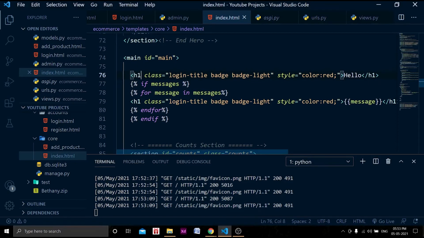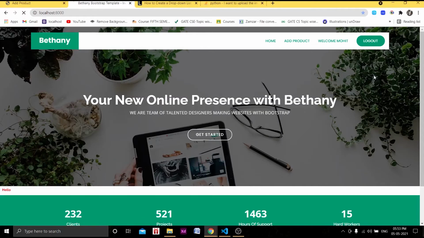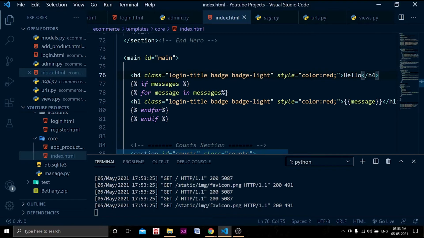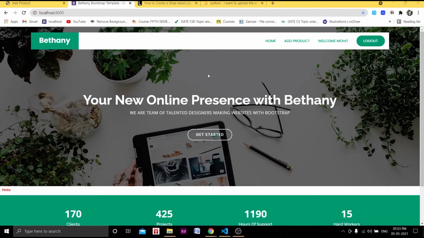But what we can do actually, we can have an h4 tag. Why is the h1 tag not working? Maybe it's the badge actually. Let's remove that badge and hit reload.